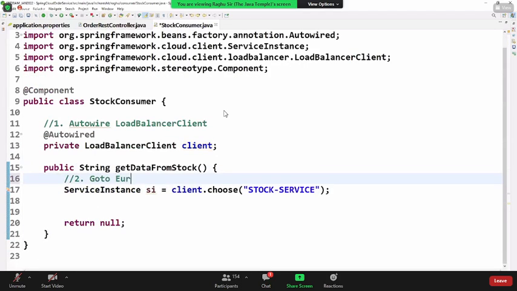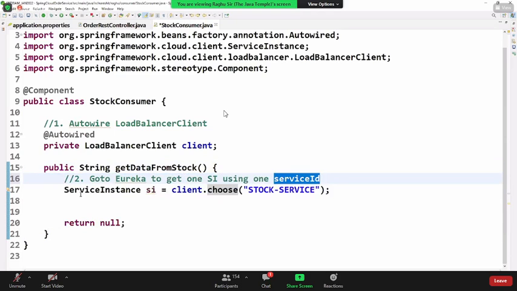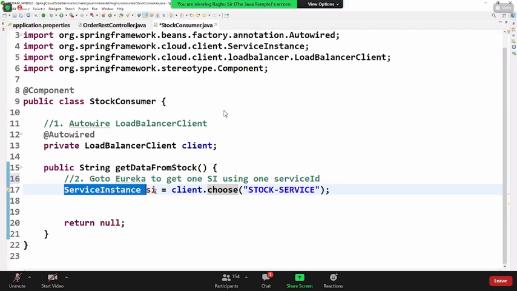Go to Eureka to get one service instance using one service ID. So choose will go to Eureka. It is actually getting the service instance based on the service ID. Project name we are giving, getting complete project data.